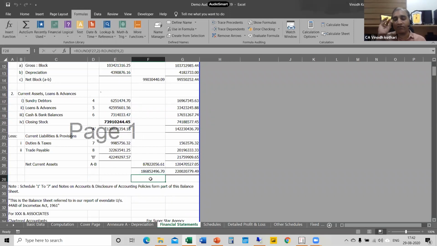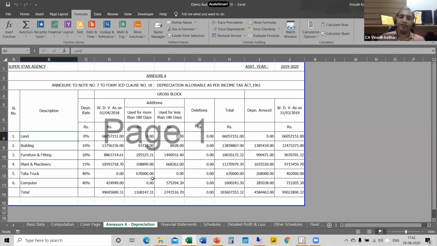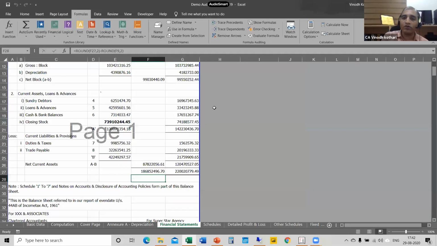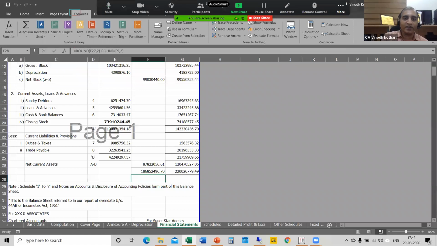So I want to keep a watch on what will be the impact on the difference in the balance sheet if I change anything. I make 3-4 changes: I remove one item from one place, add one item at another place, remove another item, add one item. The impact should be 0. But every time we page down, then page up again, and waste our time. So for that you can use the watch window. The watch window option is available in the formulas tab in all Excel versions.